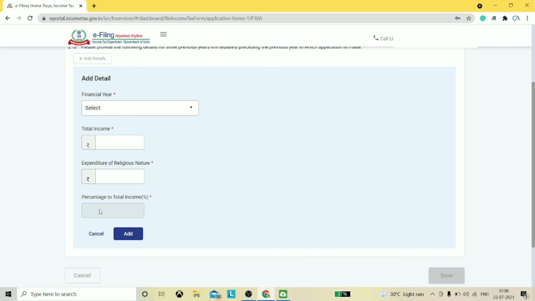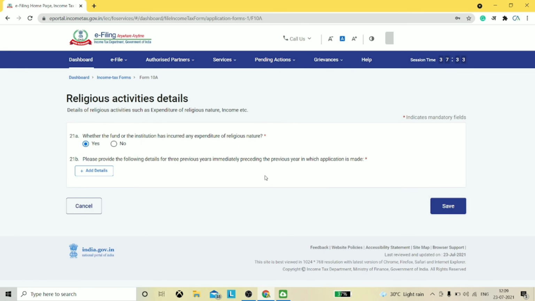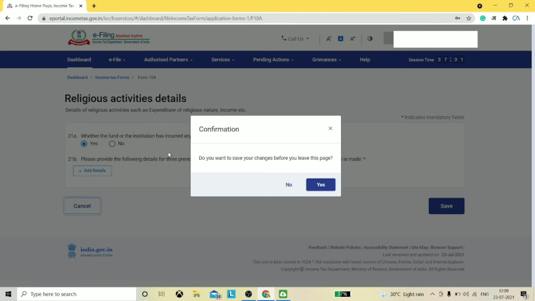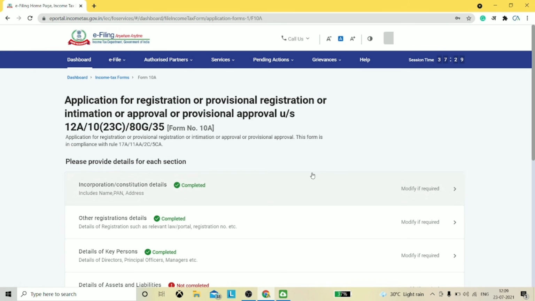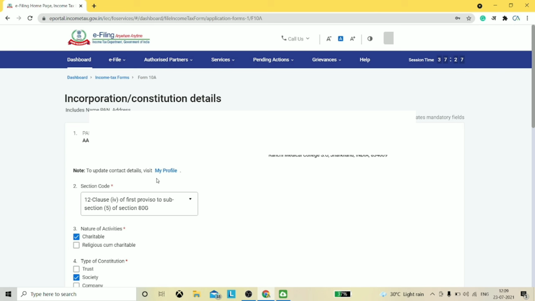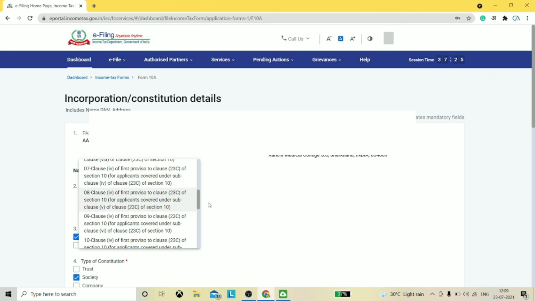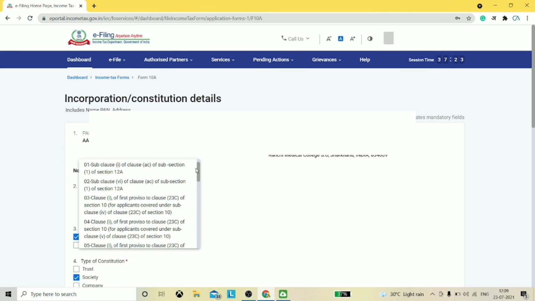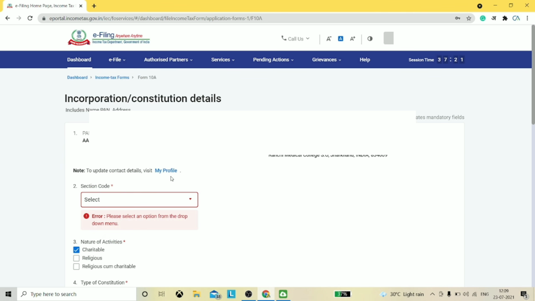The percentage will be auto calculated, which should be less than 5%. And then you have to click on add to select the next financial year. So for the time being, again I am going to the first section and selecting the code for renewal of 12A.